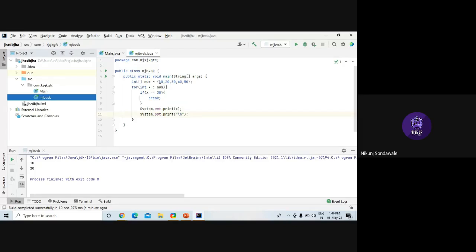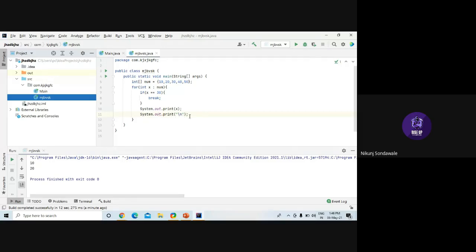Is 10 equal to 30? No, the condition is wrong, so it will skip this if and go directly to the print statement. It will print x, which is 10, and after that one new line, backslash n.